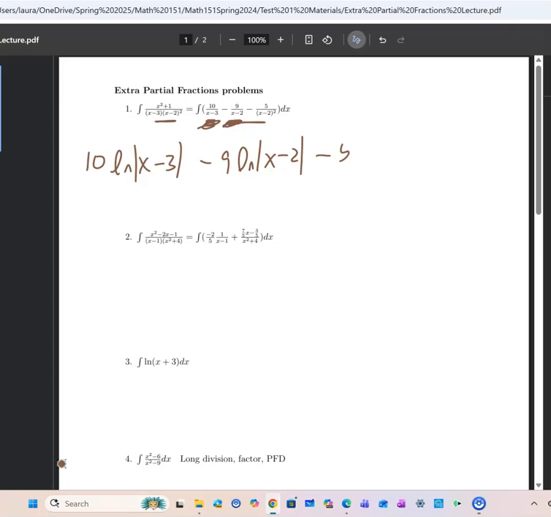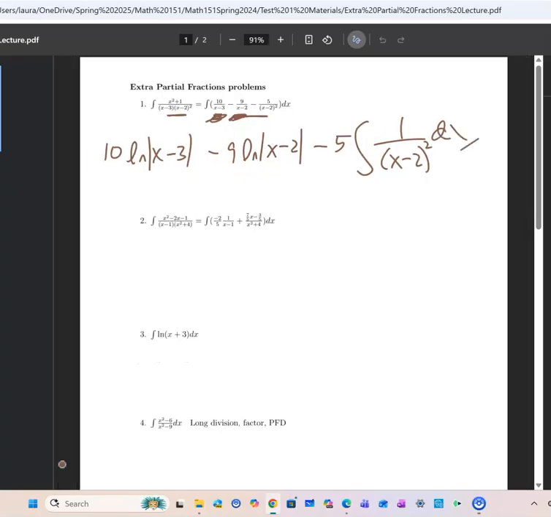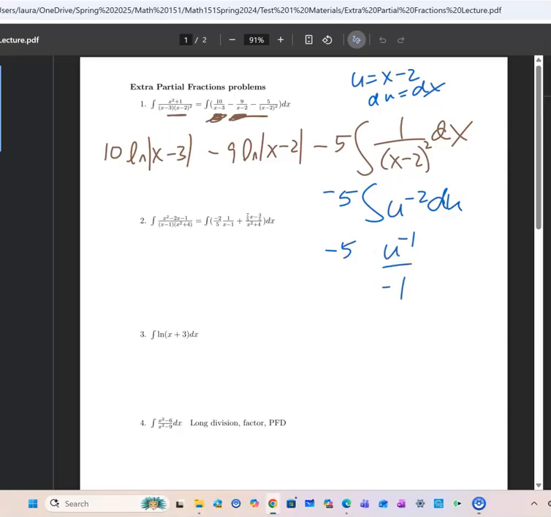And then I would have minus 5, and I'm just going to rewrite it as 1 over x minus 2 squared dx. Whoops, dx. This is not ln, right? So you would want to do an easy u substitution. du is dx. And so this could be written as negative 5, and then carrying that outside, u to the negative 2. And so then taking the antiderivative, I get u to the negative 1 over negative 1, or 5,